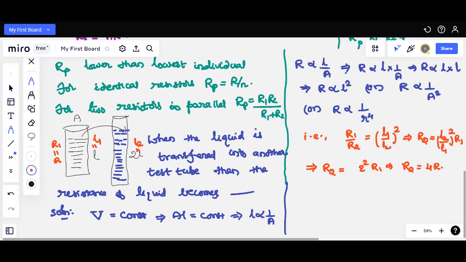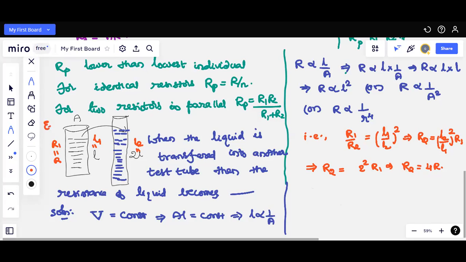Right? Able to follow this model? Yeah, good. This looks tough, but we can easily understand. Why? Because both are simultaneously changing. So we have to change not only the area of cross section also. Simple logic. Okay. These kinds of models, when you come to exam, this is one example, what we have